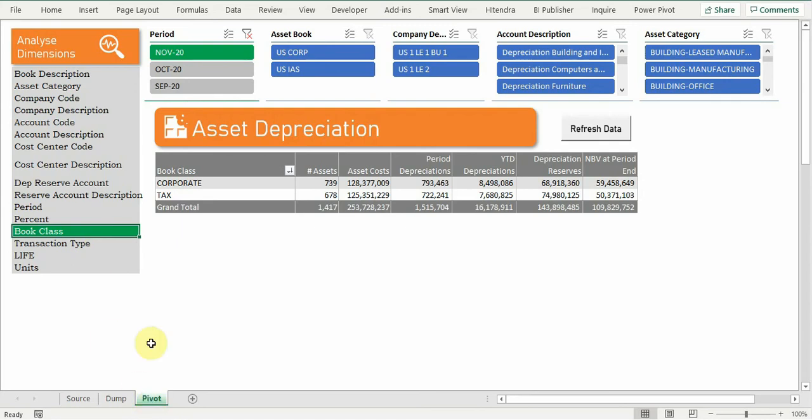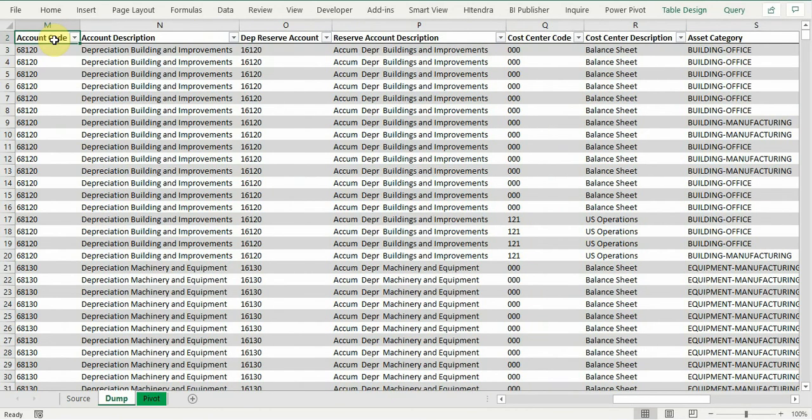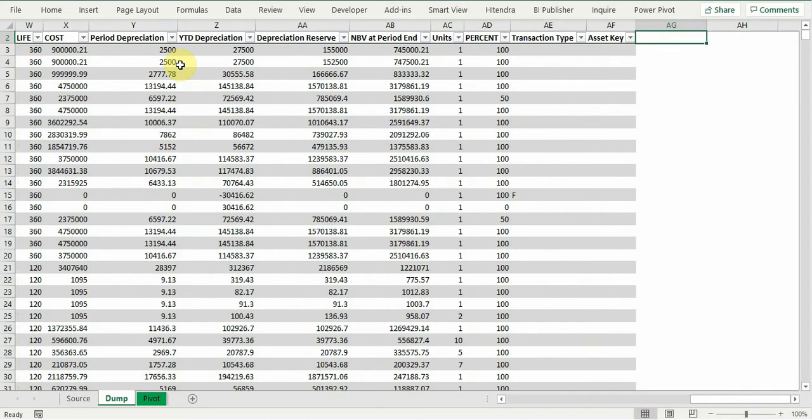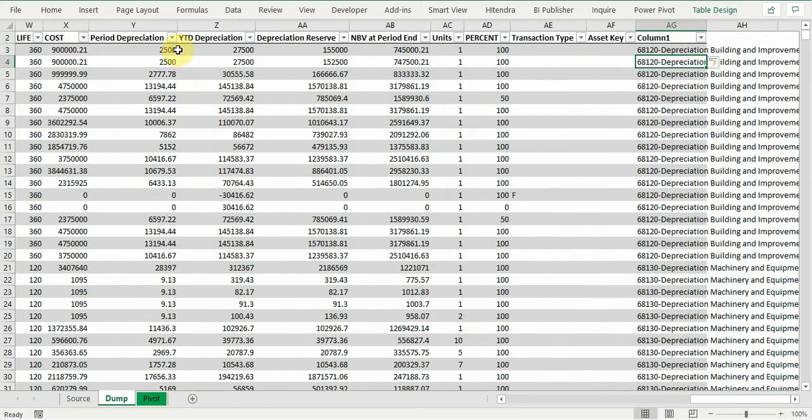If you add any fields in the source file, just like if we come here, the account, as of now, has code and description as two separate fields. If a user needs to concatenate these fields, just like I'm adding one field here, separating with a hyphen and the description, it is available. Let's use the word account to get this data over here.